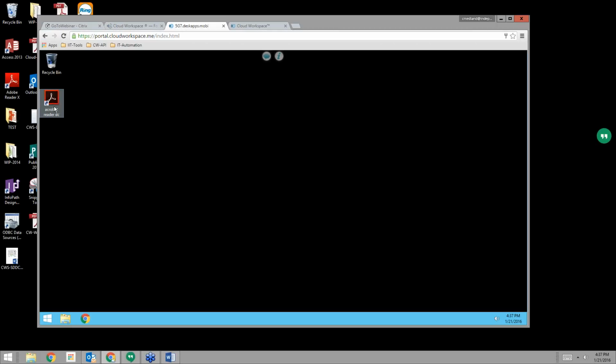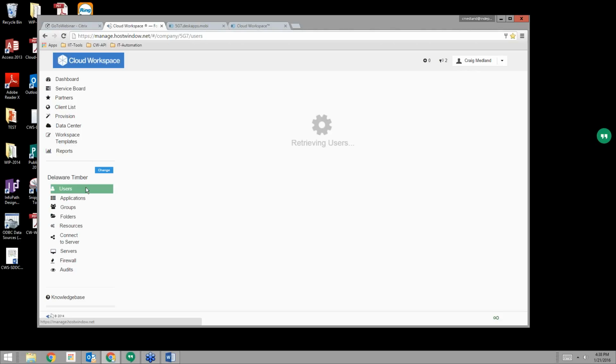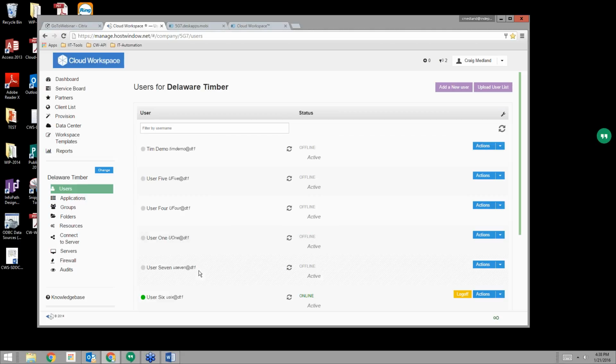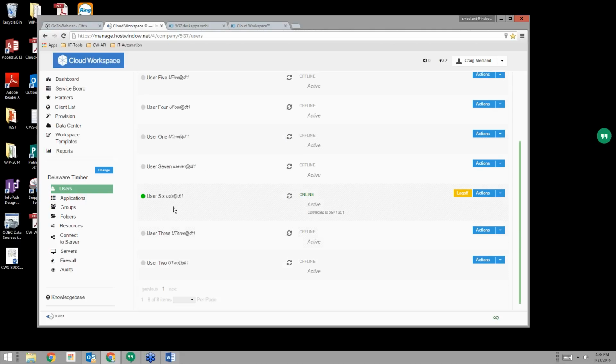So you see this end user currently just has access to Acrobat Reader. So if I go back into the user's view, I'm going to find that user 6. You can see here green means that user is online. So you see the status, you see the server that it's connected to, because of course for a larger client, you might actually have several terminal servers. So one of the things that we offer through this management portal is the ability to create additional servers, whether they're terminal servers or data servers.